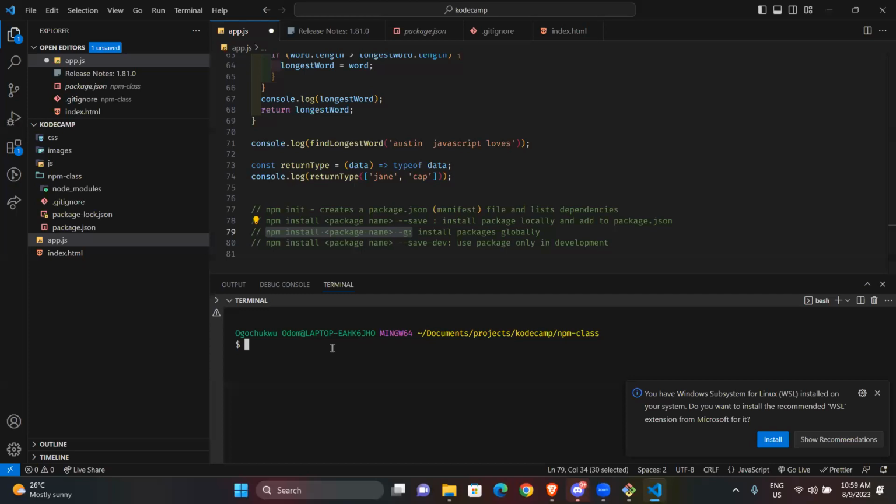Okay. Then we also have npm install, let's say, swiper. I'm just installing all these things, and you want this only in your development.